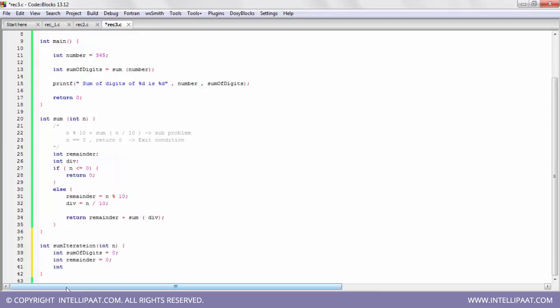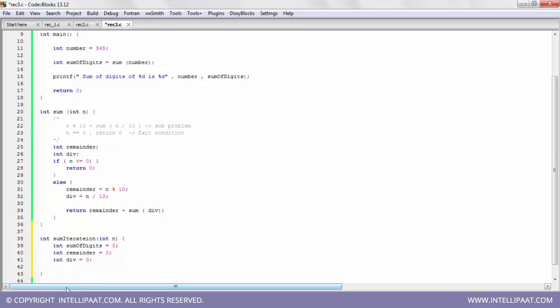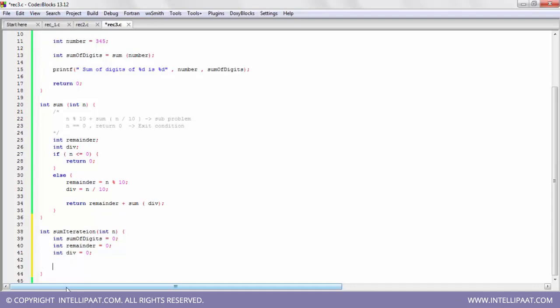I'm taking dividend equal to 0, initializing all the things. Now, while n is greater than 0,